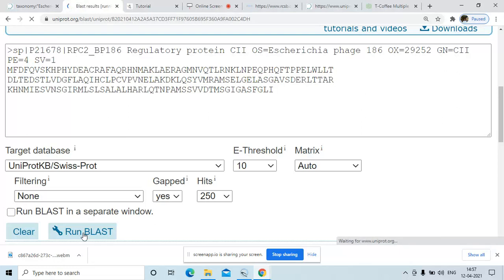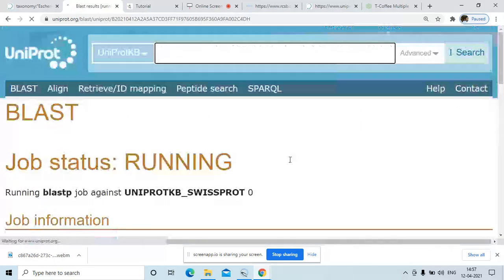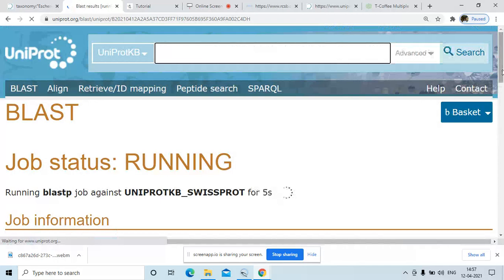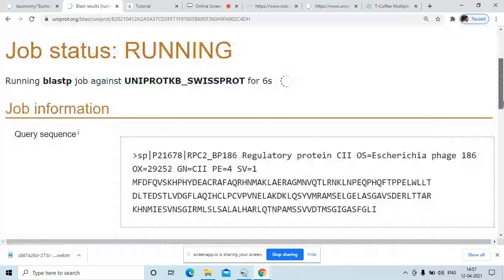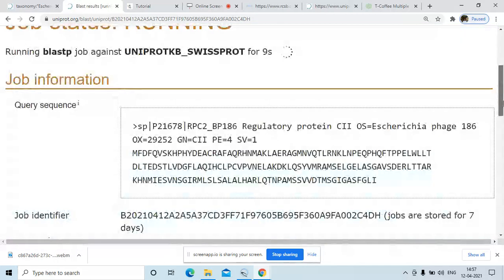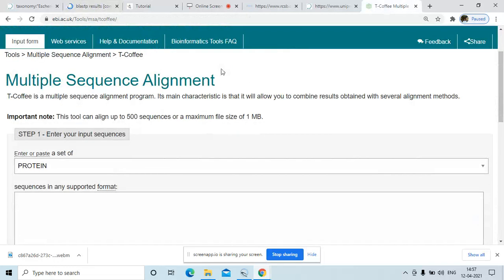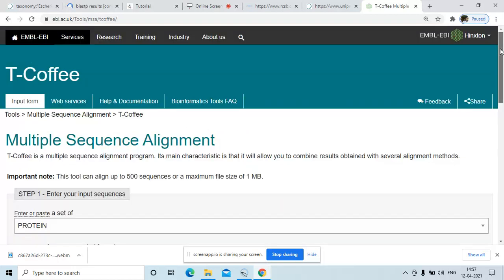When you run BLAST, the result will come in a few seconds. It will calculate the results. Meanwhile, in a new tab, we will open the T-Coffee multiple sequence alignment tool. You type in Google T-Coffee MSA, or multiple sequence alignment, and you will get the homepage of T-Coffee, a tool used for multiple sequence alignment.